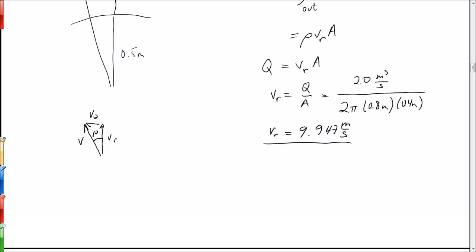Because we know that this is 10 degrees, we know that V, the speed, has to be equal to VR divided by cosine of 10 degrees,